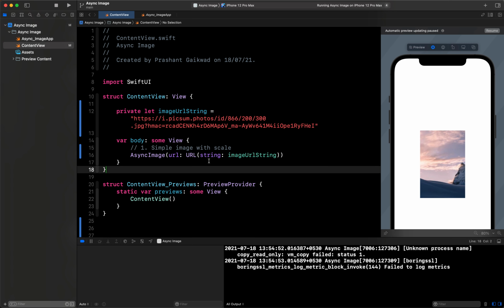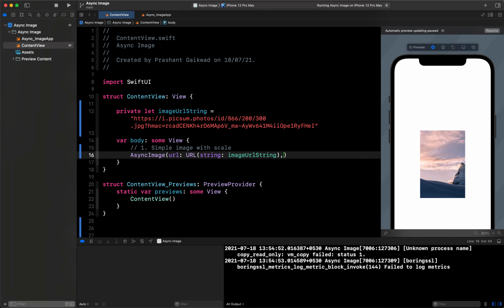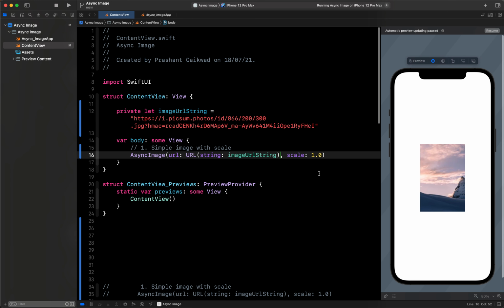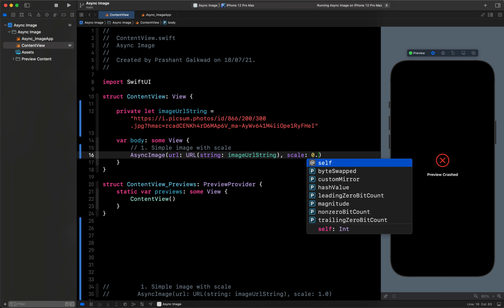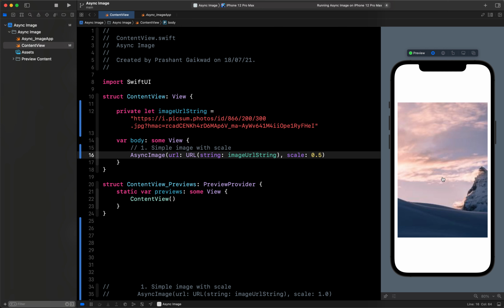Now I have provided the scale part. A scale of 1.0 is the normal, default scale, but if I give a larger value, the size will be reduced. And if I go below 1, the size will increase and it will zoom in more, like this.